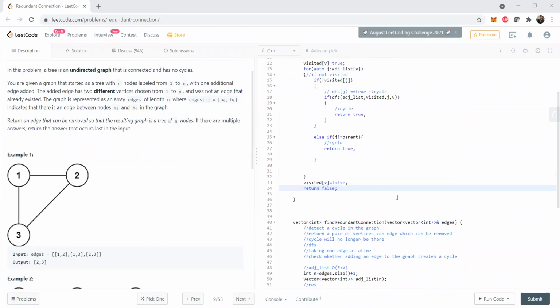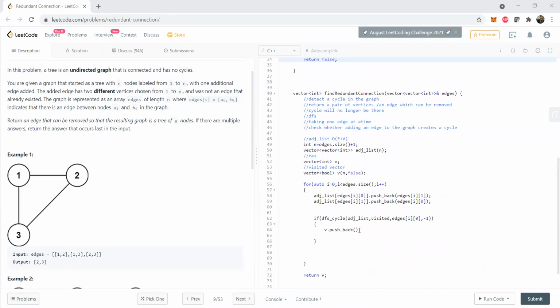So after this function is created, we can use this logic over here. In this case, we are going to push back each and every node which passes this particular test. That means if DFS cycle is true, we are going to push it in the vector. So for this, we are going to push back